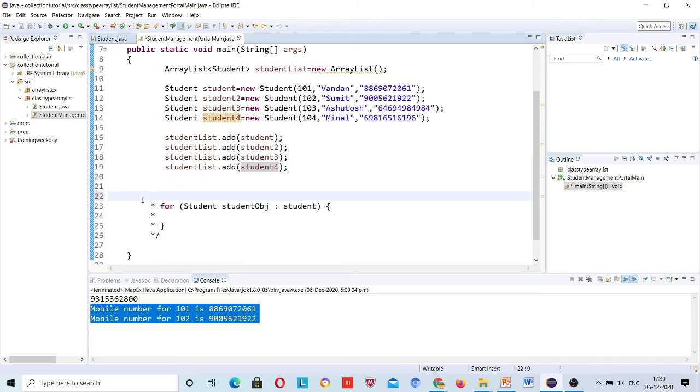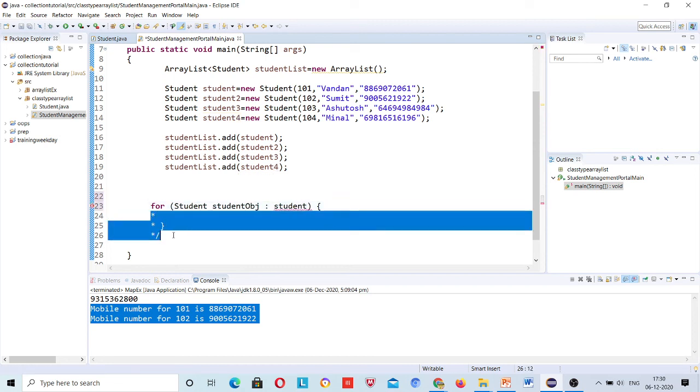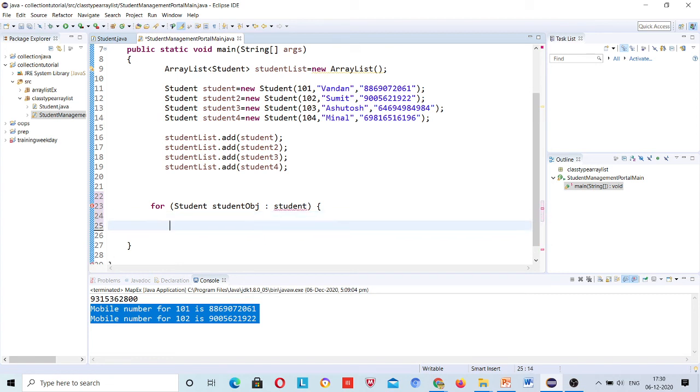And now if I want to print it, because this is a student list, this will copy each student object one by one and then it will print that. Okay, sys out